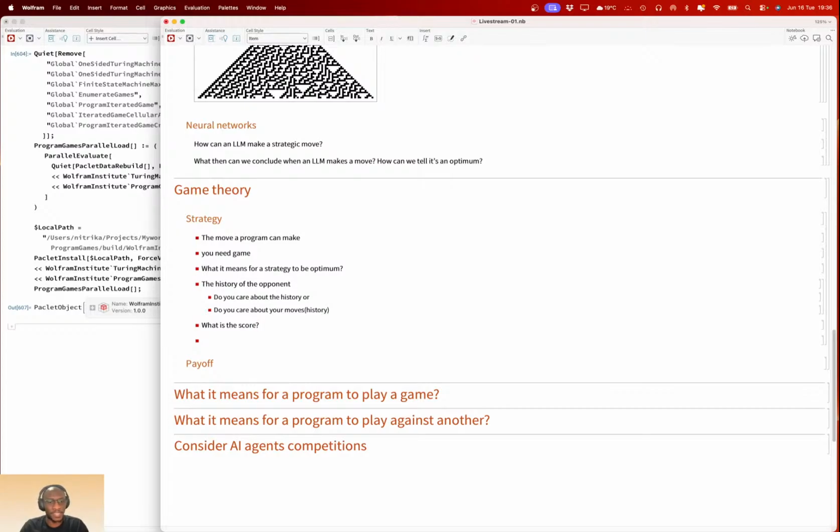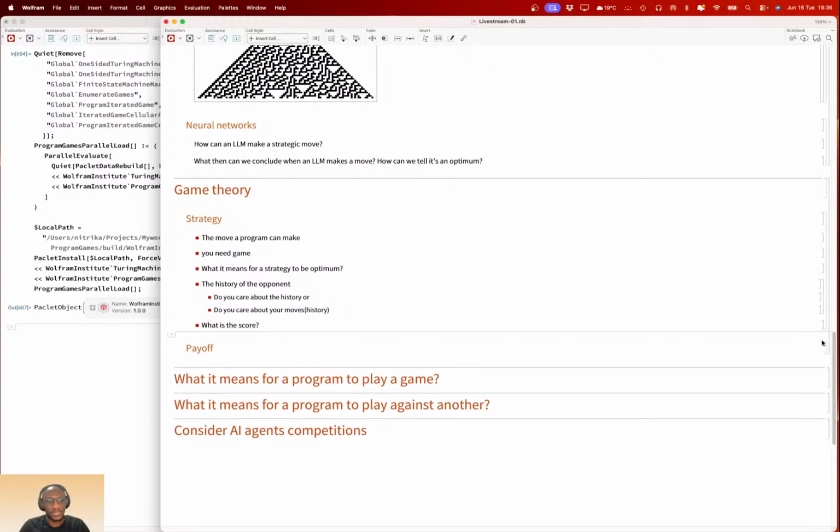If it's not better than what I made before, and better than what the opponent has made, then that's not a good strategy. You have to rethink the strategy. So, what is the score? Those are some of the things we can look at.